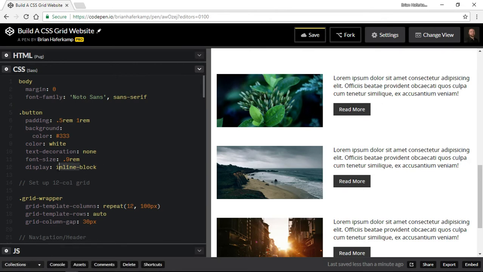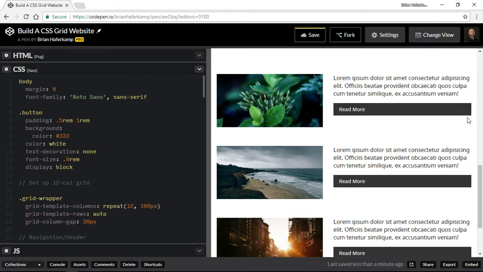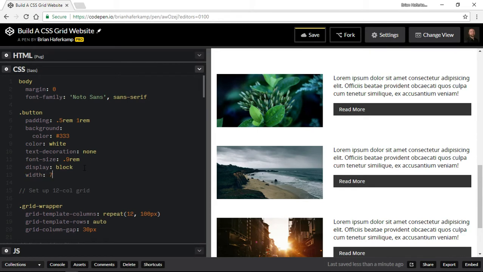You could also go full on display block if you wanted to, and then that sends it all the way across 100%. Okay, so inline-block means that it only goes as far as the text inside of it goes. So if you had text out to here, the block would go to here. If it's a full block, then the default is 100%. So if you wanted to change the width on that, you'd have to say 75%, or change the width in some way for that